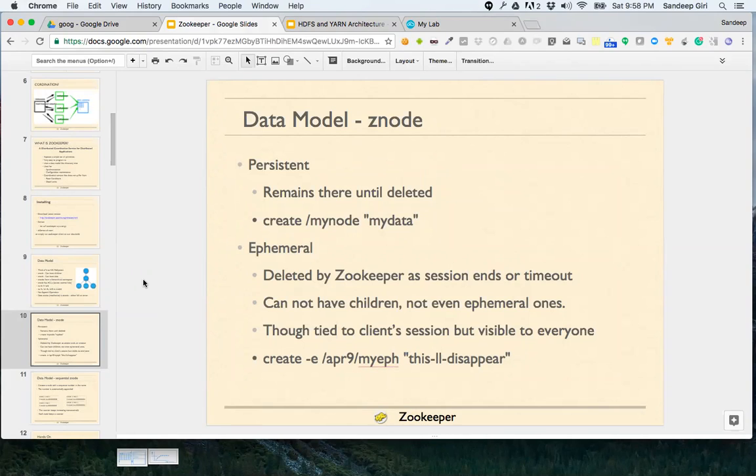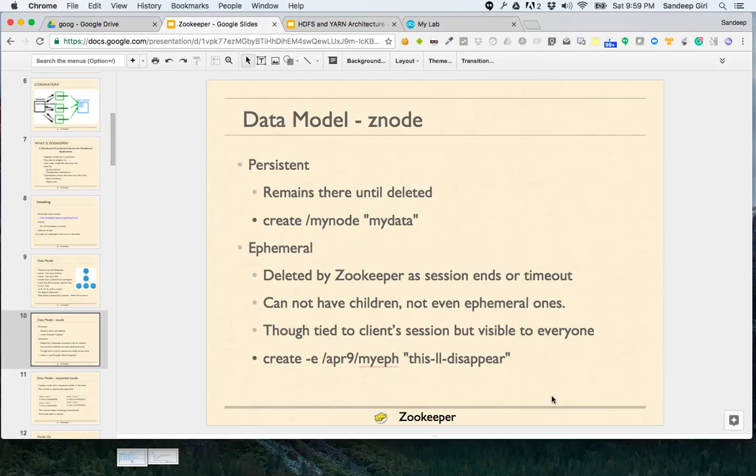This node disappears as soon as you exit the Zookeeper client, or your machine shuts down, or your network connectivity breaks. Meaning as soon as the session is timed out or ends, the ephemeral node disappears.